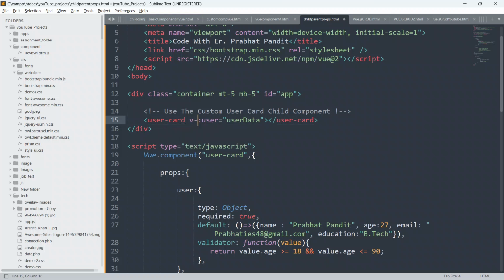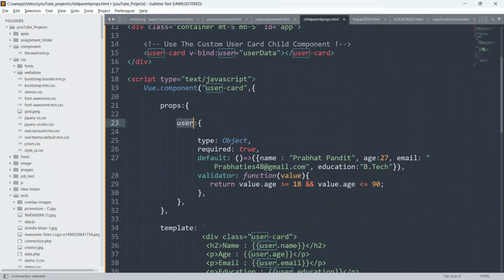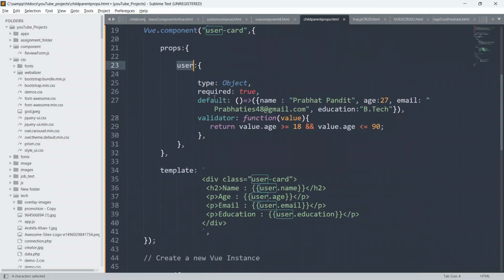You can also give here v-bind colon user, and we are just binding this user data to this user, and from here we are accessing this user in our template, and we are saying user.name, user.age, user.email, and user.education.